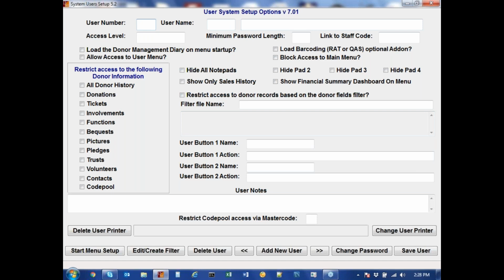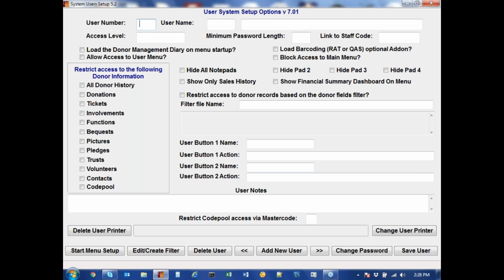Now, if you find that you're in a situation where you don't have admin rights and you don't know anybody else who's got access to Donman who has admin rights, then you can log a support request and we can actually give you a login ID and password that will get you in for that day. All it will allow you to do will be to add or remove users. So you can't use it to access anything else in Donman, but it does allow you to create new user IDs. So if you're in that situation and you're stuck, then we can do that, and we could probably then change your user ID to become admin so that you would then be able to do that at any time